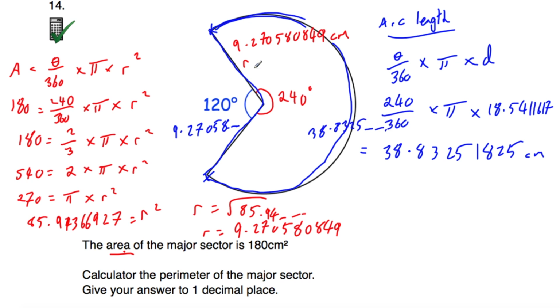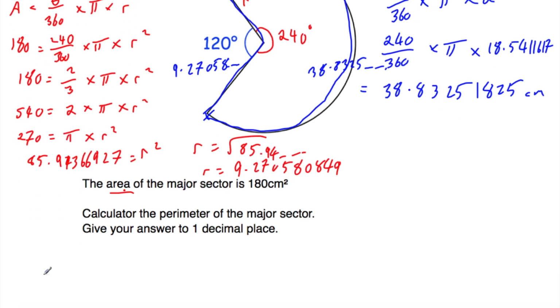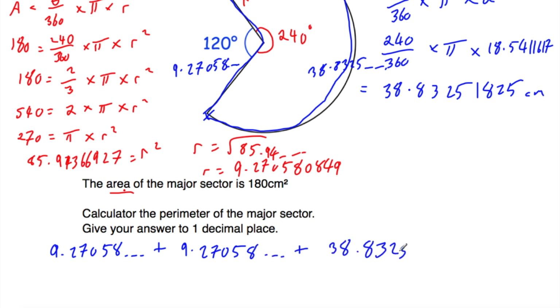So that's the distance from here around to here, going around this way, is equal to 38.8325 and so on. This is fantastic. We've got this radius, we've got this radius, and we've got the arc length. So in terms of the perimeter, we just need to add them all together. So let's do that. So let's go down here and add them together. So it's going to be 9.27058 and so on, plus 9.27058 and so on, plus 38.8325 and so on, and that's equal to